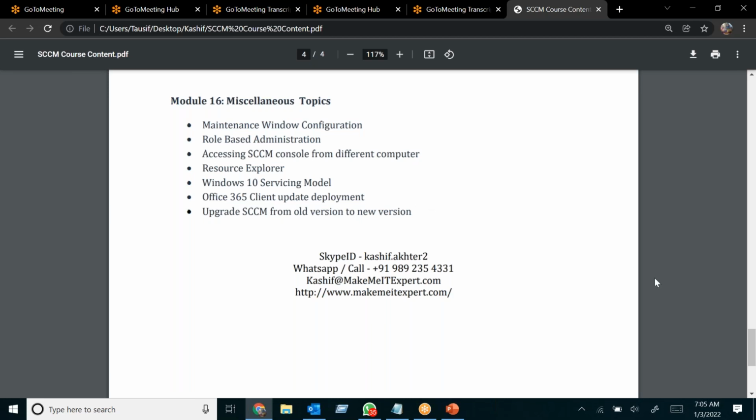Now the training will happen on a standalone primary site. Standalone means the primary will be separate and the database will be separate. We will have one single primary site. But if you are interested in CAS, I can help you, but you need to have that kind of hardware, because Azure free trial does not support more than 4 computers. I have a server with 32 GB RAM. Then how many servers do you need? One server for the primary site.